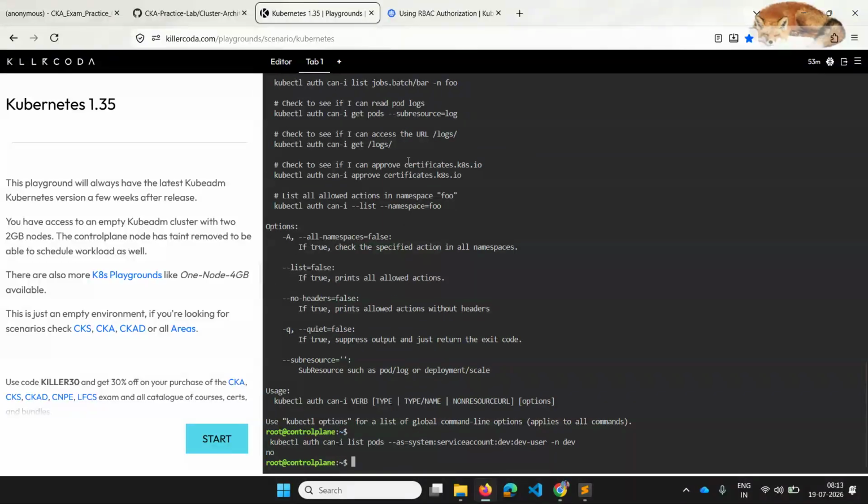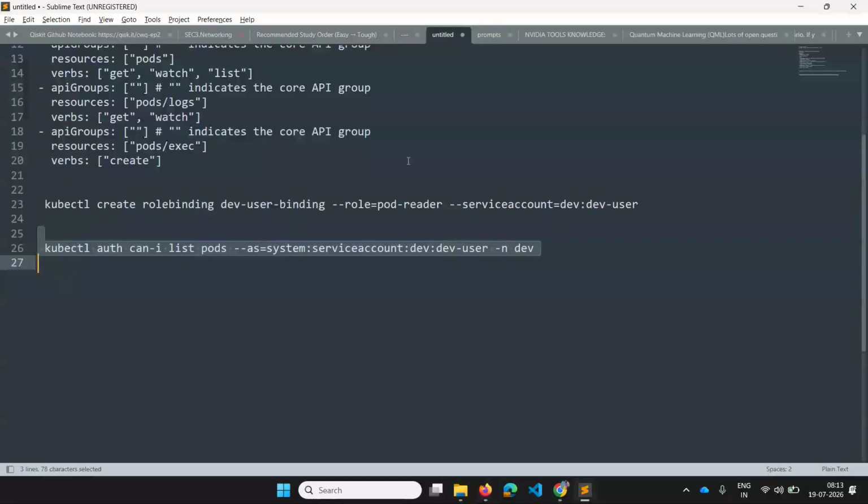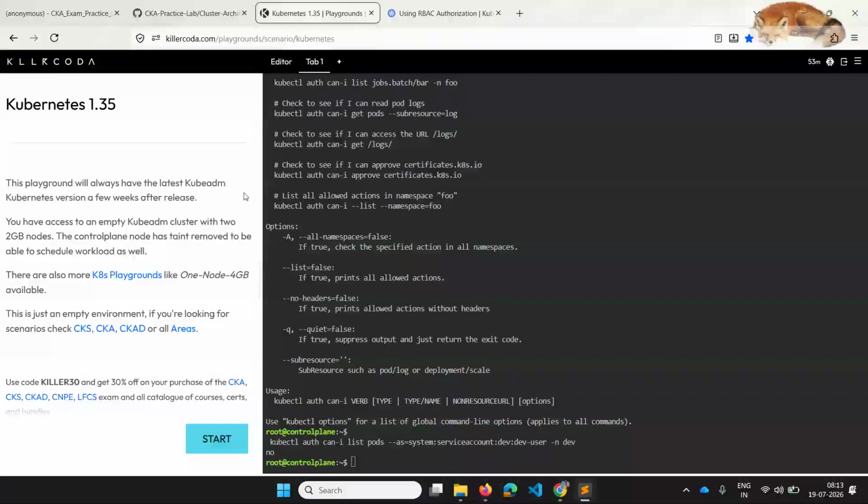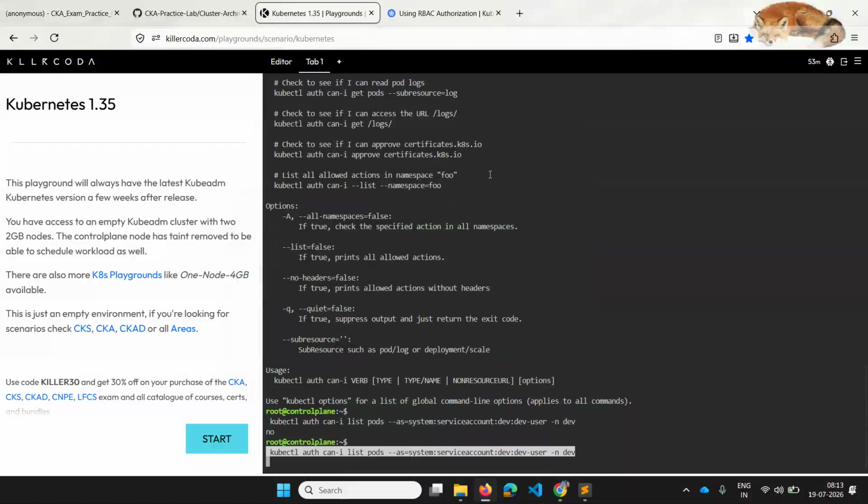Now it says list pods I can't do, as the dev user service account in dev.